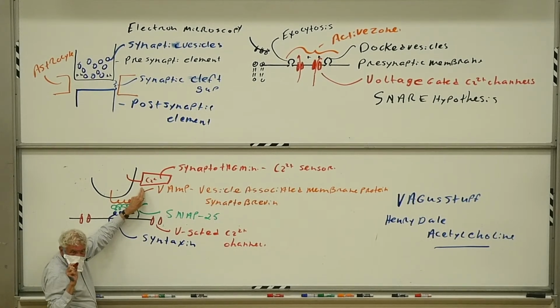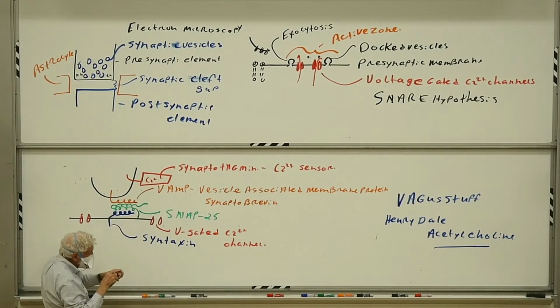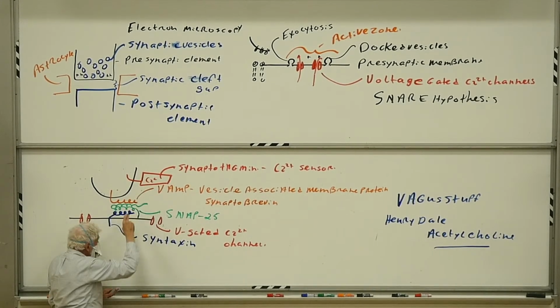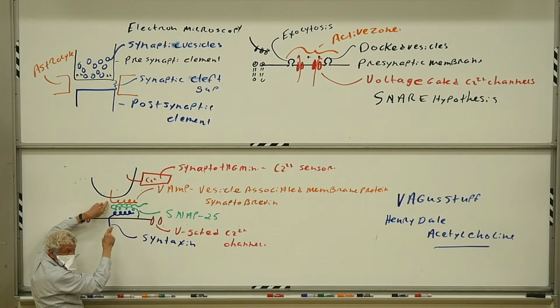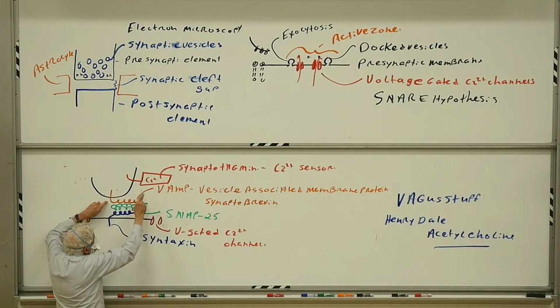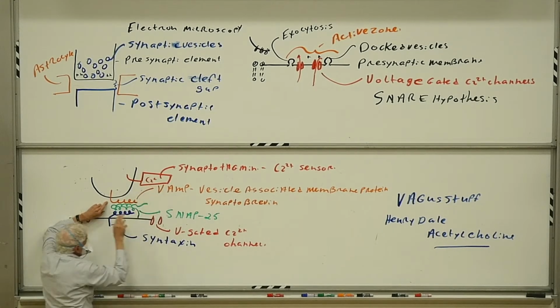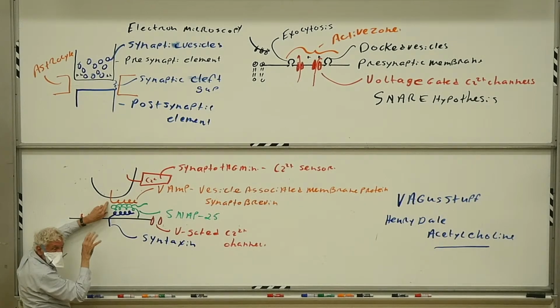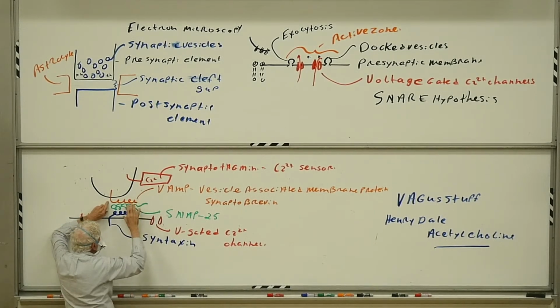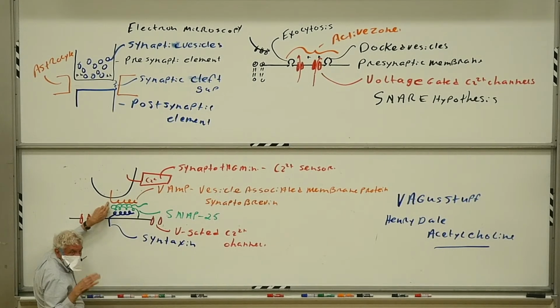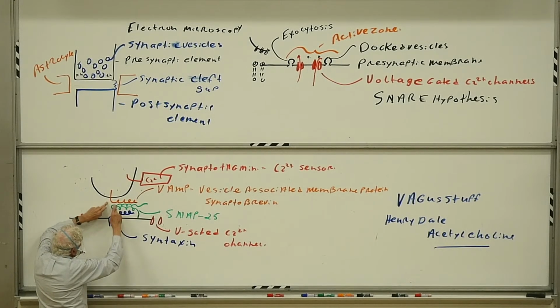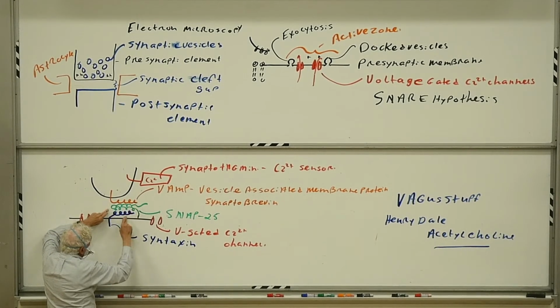Then it gets a little hazy. And we're not quite sure what happens here. It's not clear if the synaptotagmin, once it binds calcium, instructs these proteins to wind together, or whether the situation is the synaptotagmin is in the way here. Under normal circumstances, it's not bound to calcium, it's in the way, and it prevents these alpha helices from winding together. It's not clear which of those is true, but what's happening is that these alpha helices now begin to